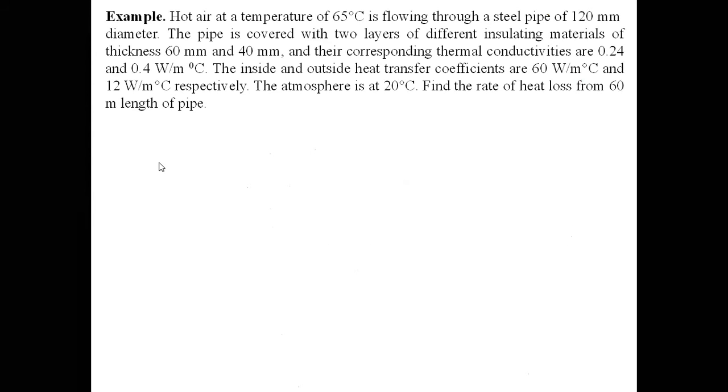The hot air at temperature 65 degrees centigrade is flowing through a steel pipe of 120 millimeter diameter. The pipe is covered with two layers of different insulating material of thickness 60 millimeter, and their corresponding thermal